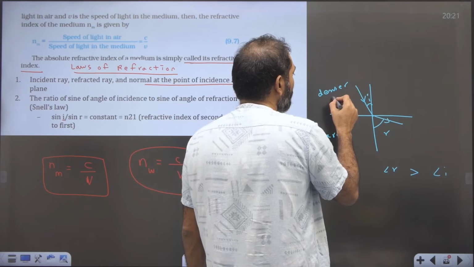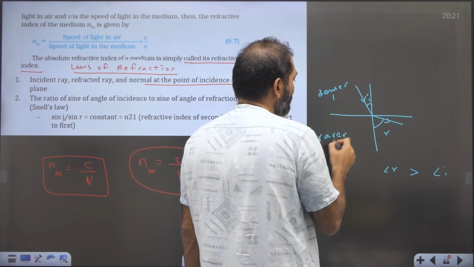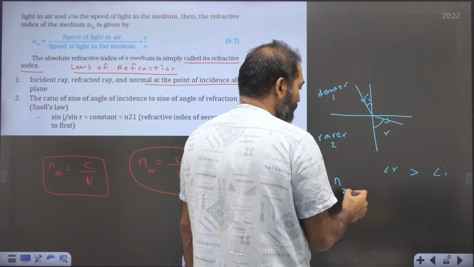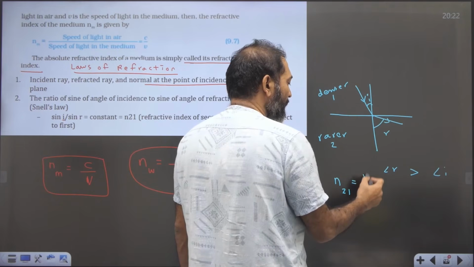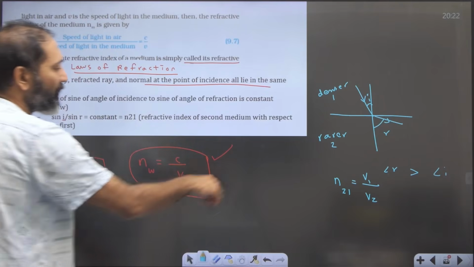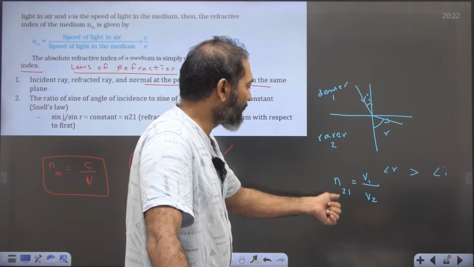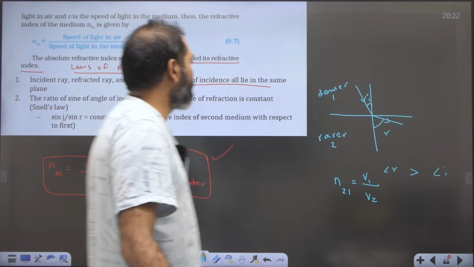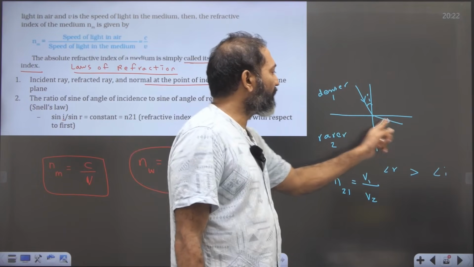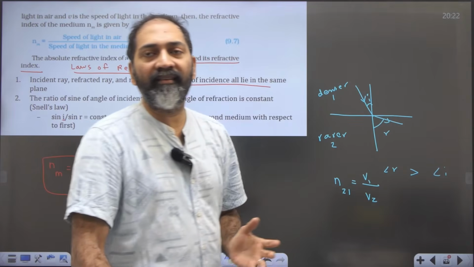What is denser? This is the first medium, this is the second medium. Which medium has the light ray reached? The second medium. From which medium did it start? The first medium. That is equal to V1 by V2. Any doubt? That N21 is pronounced as the refractive index of the second medium with respect to the first medium. Now listen, the incident ray, refracted ray, and normal, all these three lines I have